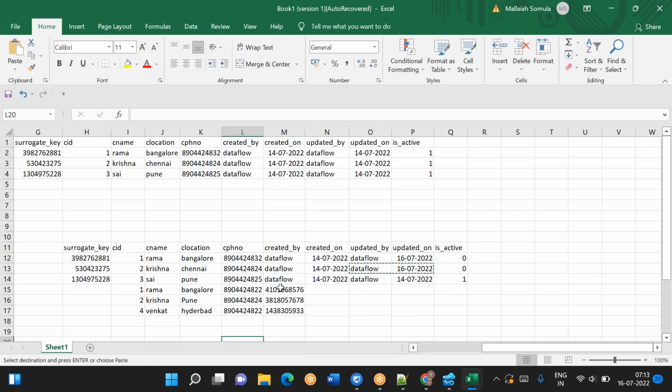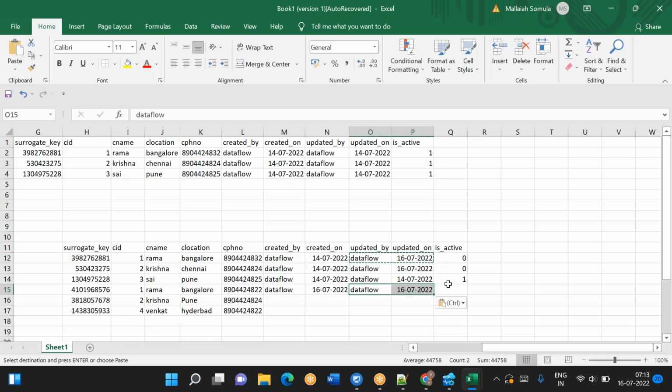Okay, this is the surrogate key. One second. The surrogate key must be there here. Okay, next, like this will be there here. This is a first record again. This is a new record you will insert. So now what you observed: 1 Rama Bangalore is the previous record we have, and his current record we have,